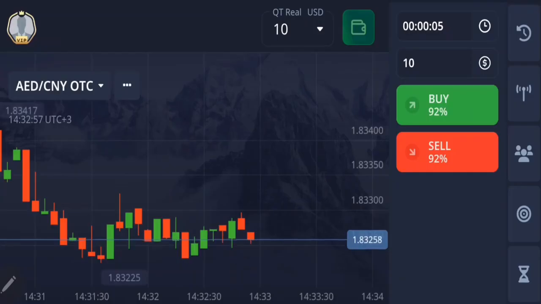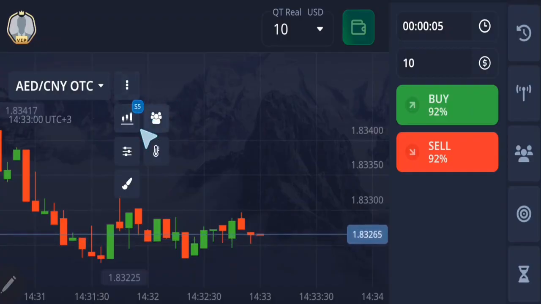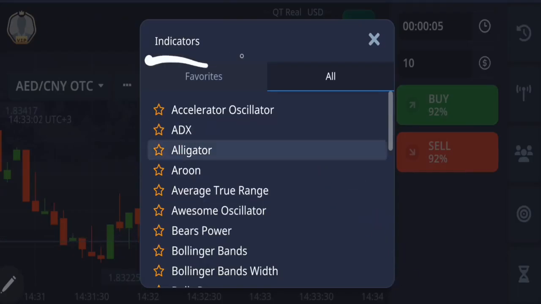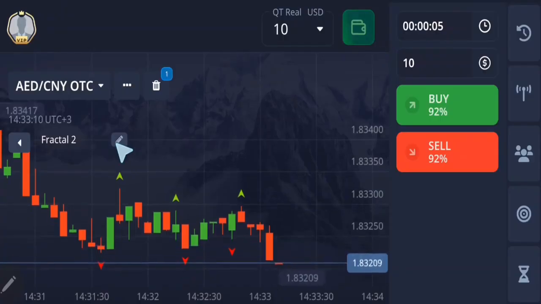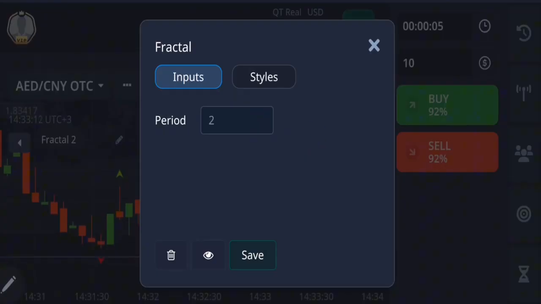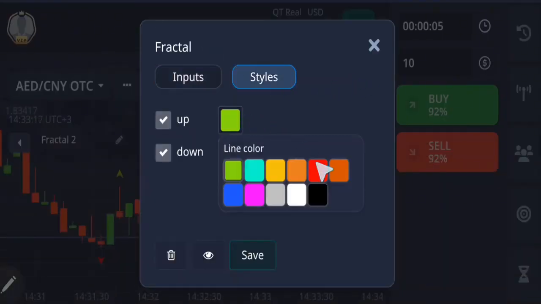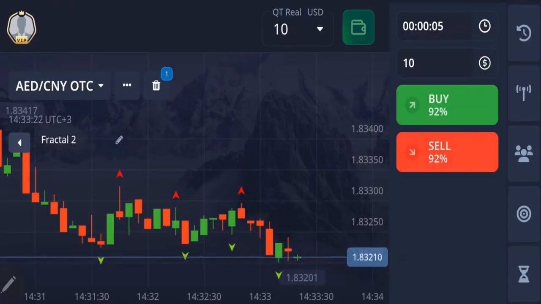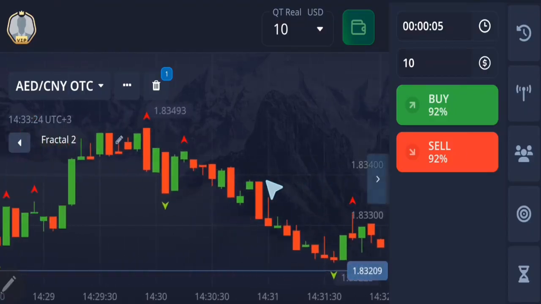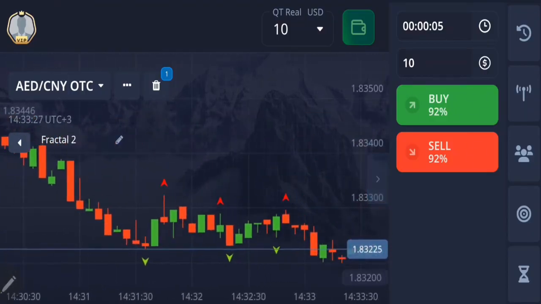Next, I once again press on these three dots. I go to the indicators section. Here, I look for the fractal indicator. I press on it once. Now, I'm gonna adjust this indicator. I press on this little pencil, and here, I set the period at 2. There we go. Then I go to styles. The up arrow is red. The down arrow is green. I click save. Now let me explain how the strategy actually works, and I'll show you how to work with